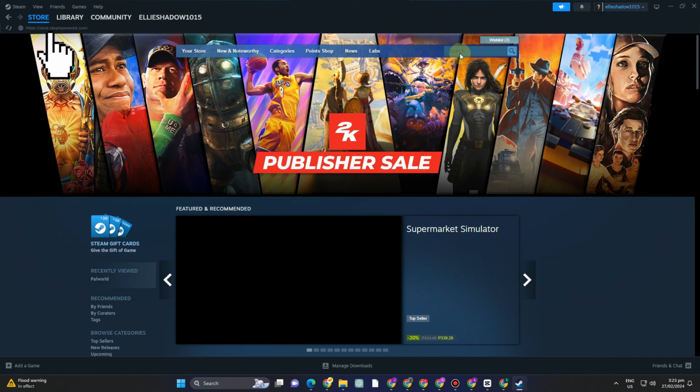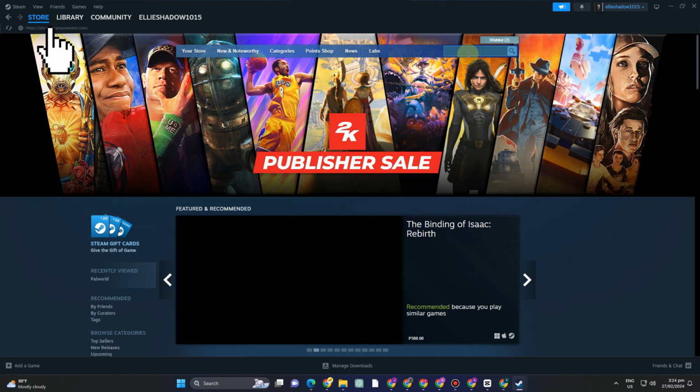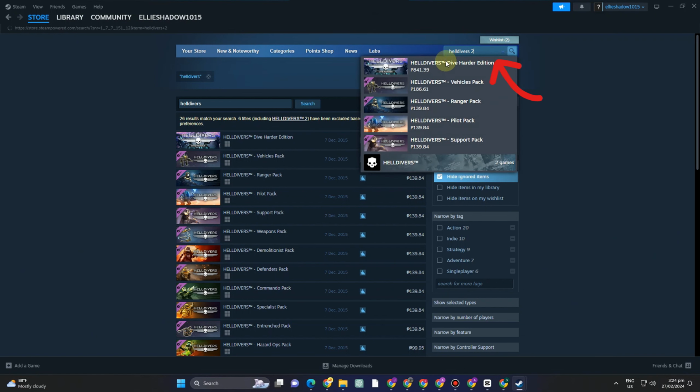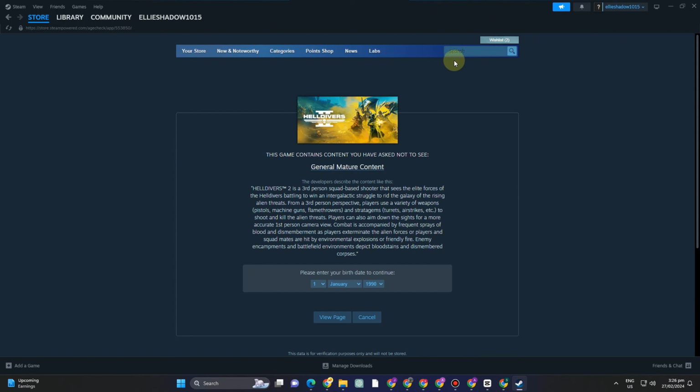And then there you will see this search icon. So you have to tap this one and you have to search or type Helldivers 2. Okay, so you should type it right here. Now you will see some features and games, but you have to make sure that the Helldivers that you're looking for is Helldivers 2. Okay, so once you found it, what you want to do is simply click and you have